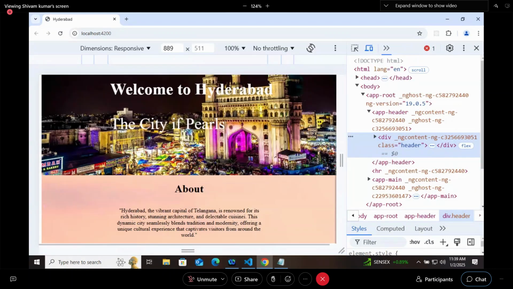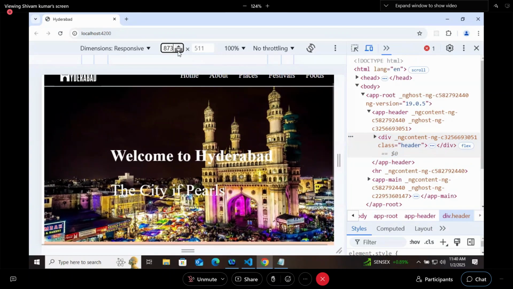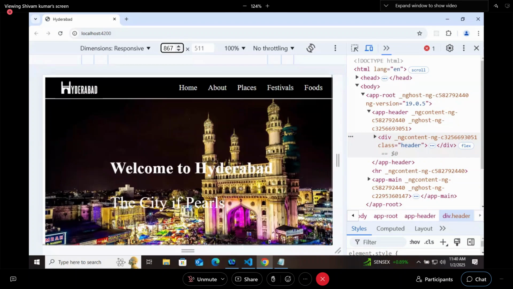Is it responsive here? Decrease the size more. Responsive means everything is looking good. No content is cutting and